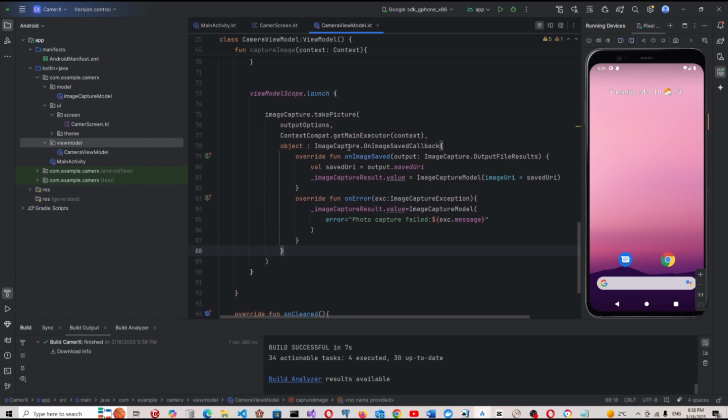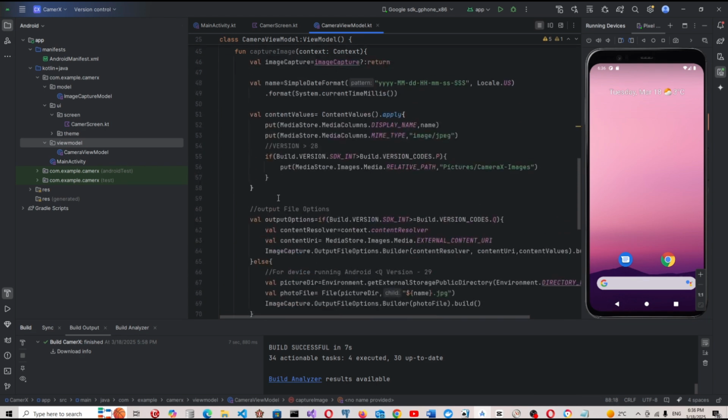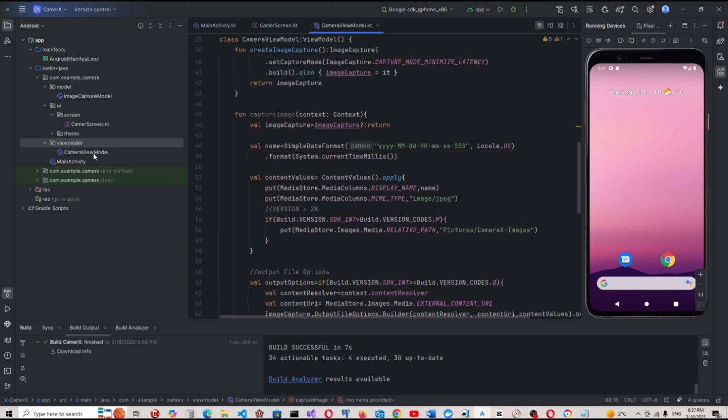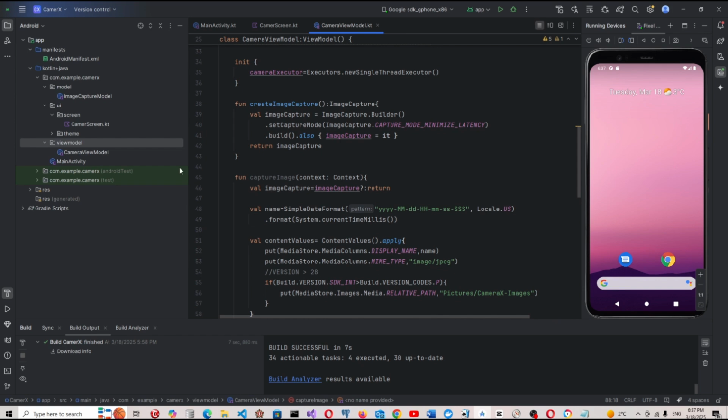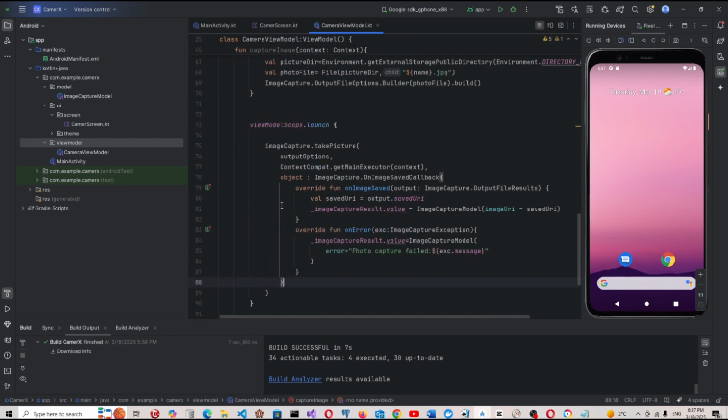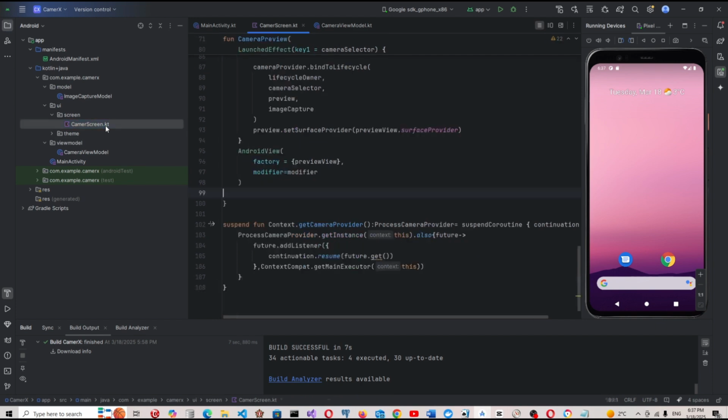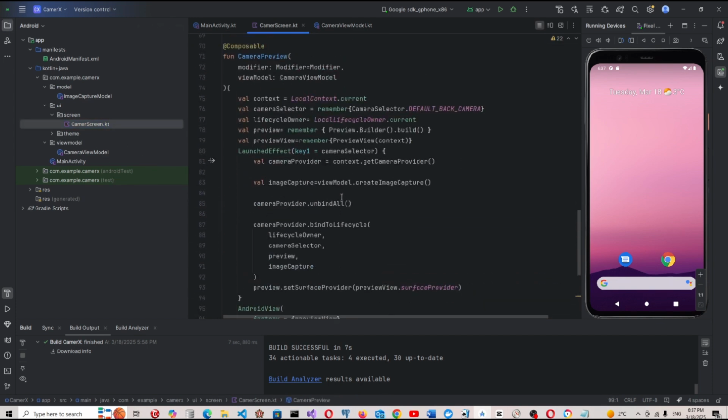And on the callback image capture, on image save callback, we have the URI passed back to the view model, and the view model will pass this saved URI to our screen, to the UI, and that's the view model. And we can go back to the camera screen. We can say